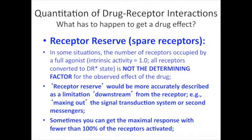Now, when this term was sort of developed, people said those are spare receptors. Well, the reality, it's not the receptor probably that's sort of changing. What really is changing is the transduction mechanism is running out of gas. So that's why I say spare receptors is a misnomer. It's an adjective modifying the wrong thing. The receptors are just ordinary receptors. But what happens in some instances is that you can get a maximal effect without activating all the receptors, because